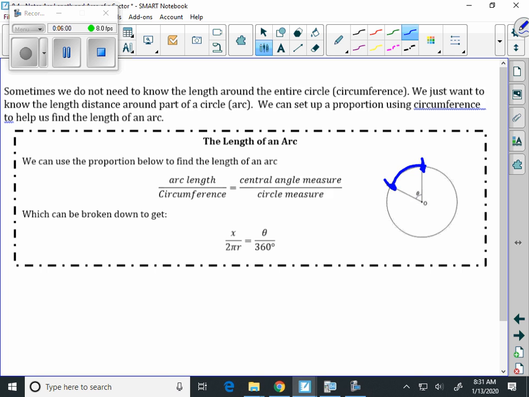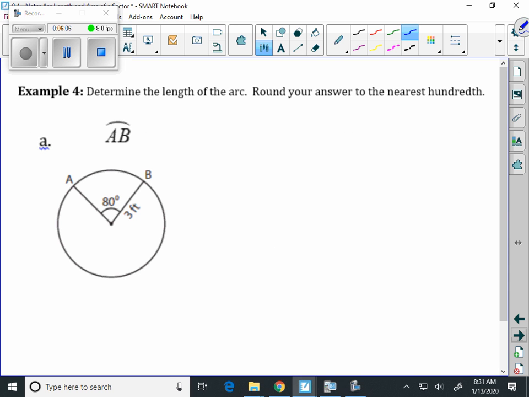However, if you practice this enough, it will be in your mind already. But again, here's how it works. If we want to determine the length of the arc, and we're going to round our answer to the nearest hundredth,